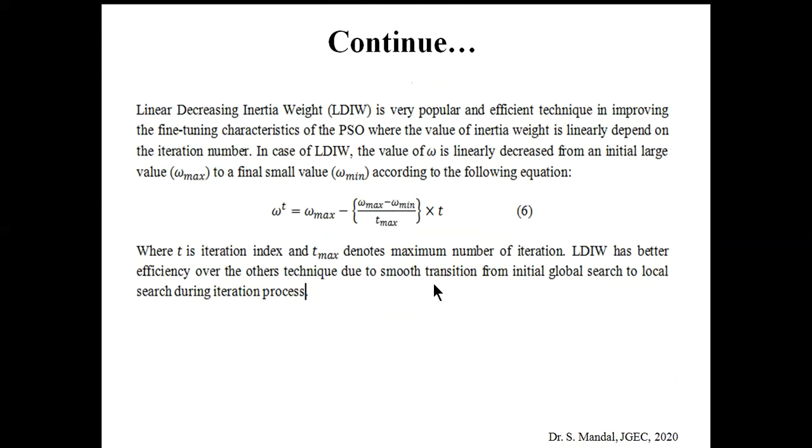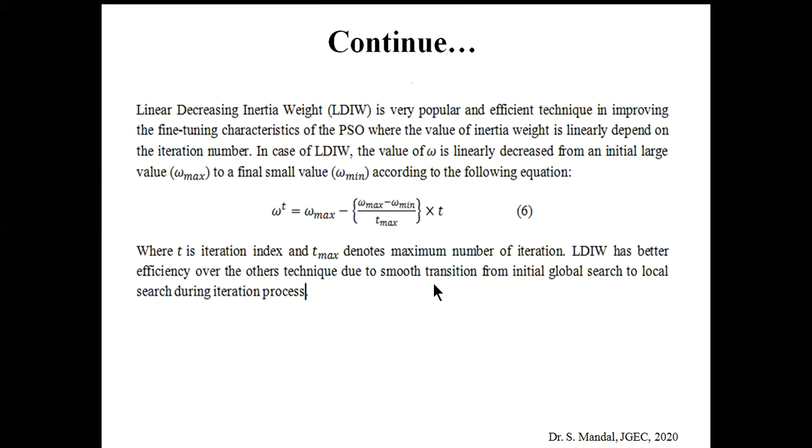However, in the case of the LDIW strategy, the value of inertia weight gradually decreases from a maximum value to a minimum value. So initially global search will be preferred, and then the local search will follow, which is expected in any metaheuristic for a better result.